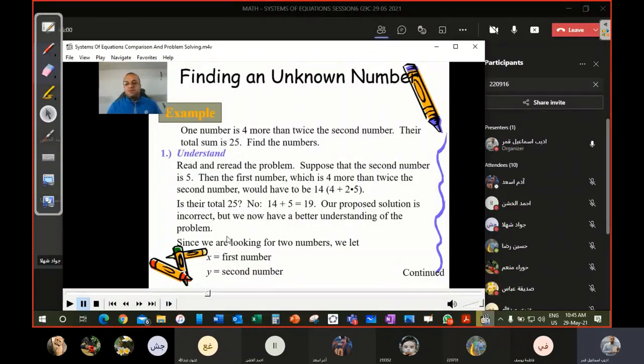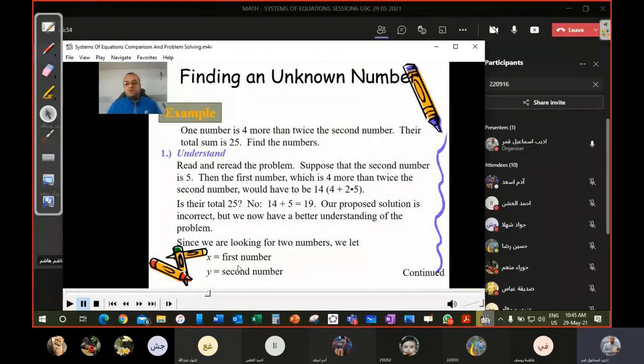أوكي. هون عم نعمل أنا عامل supposition إنه خلينا نعتبر إنه that the second number is 5. أوكي. بنضربه باثنين قديش بصير 10. بنزيد له 4 قديش بصير 14. 14 و5 ما بيطلعوا 25 انه مجموعهم. فاذا هيدي السبوزيشن انا افترضتها غلط. بدي اقعد ضل اتحذر لاوصل. يمكن تاخذ معي المساله 3 ايام. اوكي فما بتزبط. بدناش نعمل تحذير دغري بنقول since we are looking for two numbers we let